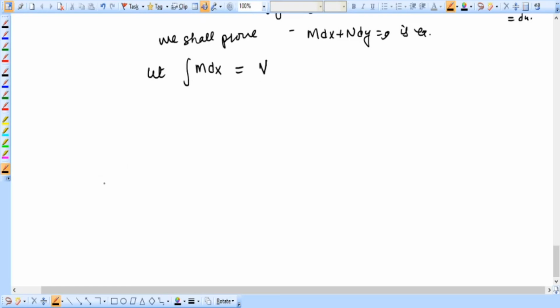what if we differentiate? So we want to find out what is m here. Let us now differentiate this equation with respect to x. So we will be getting m dx is equal to